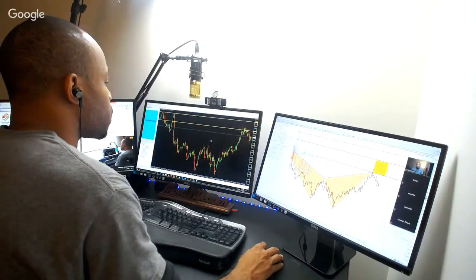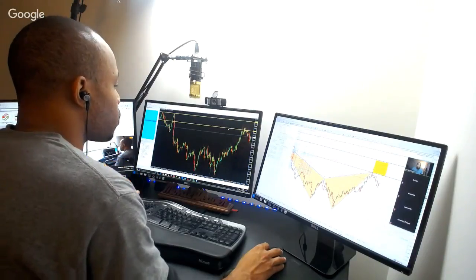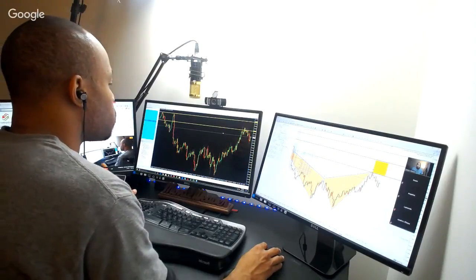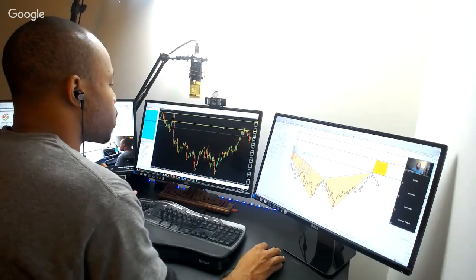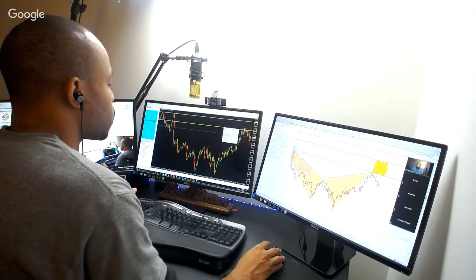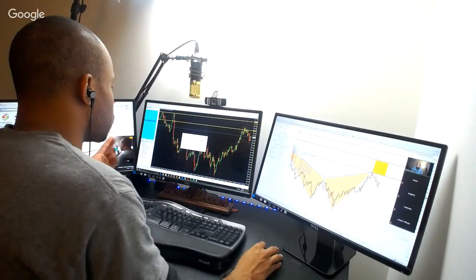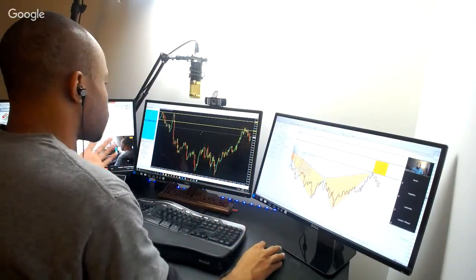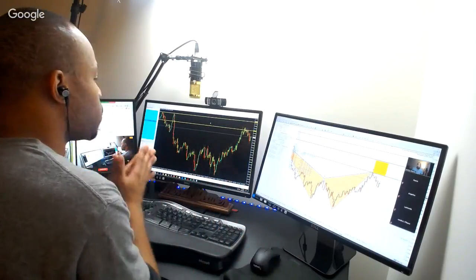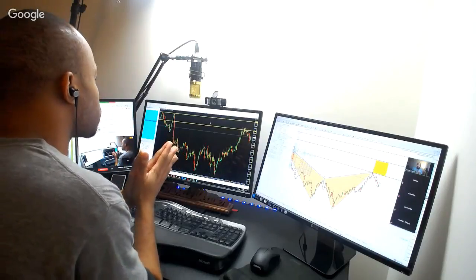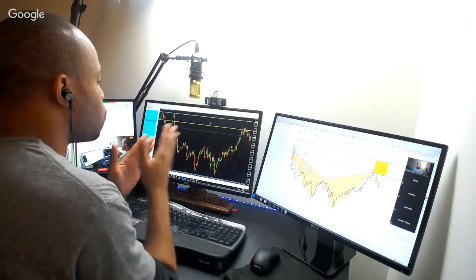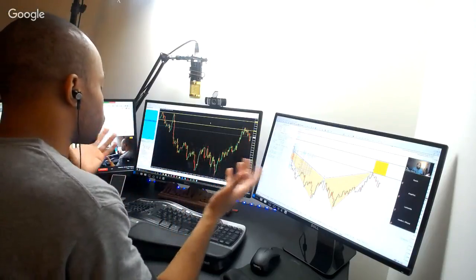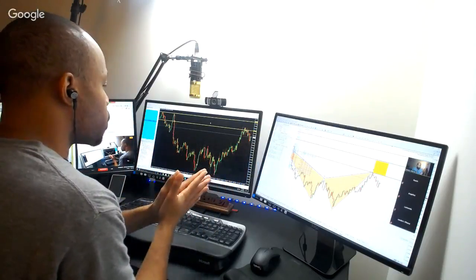But there is something very significant about this particular yellow line, and it's the number 1. Whenever you get to these nice round numbers, especially when these pairs are reaching, what's the word I'm trying to think of? A 1-to-1 ratio. That's the word I was looking for. What this chart is showing us is that 1 US dollar is equivalent to 1 Swiss franc. And so when you have a 1-to-1 ratio,